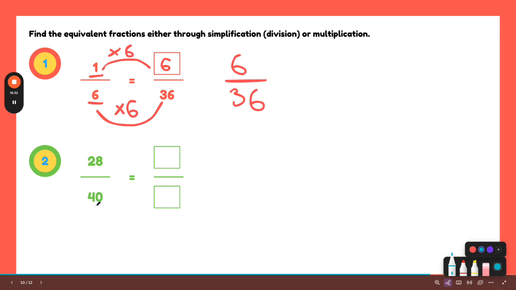So, 28 and 40. Because we are going to use division to find an equivalent fraction, i.e. simplify the fraction, we need to, firstly, find the factors of 28 and 40. So if we list them out,